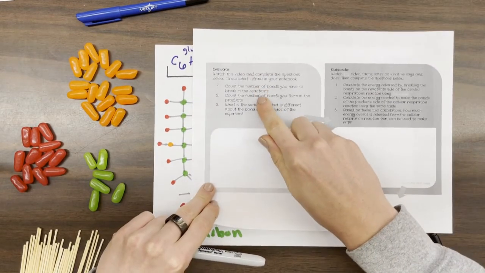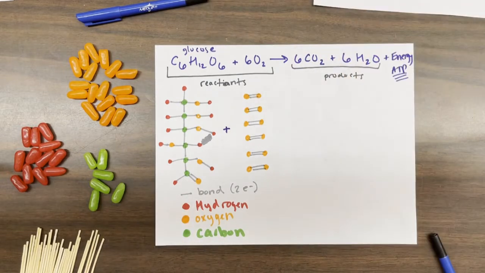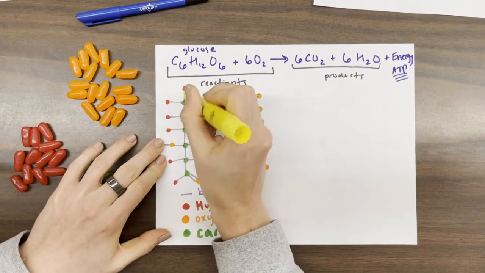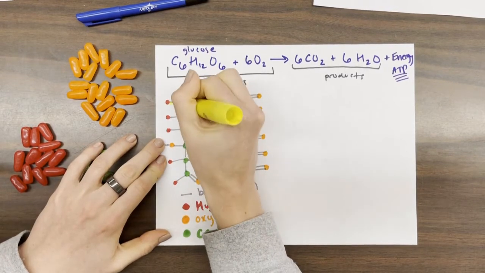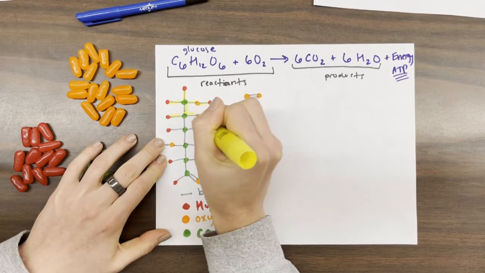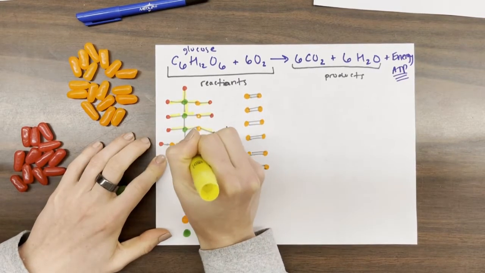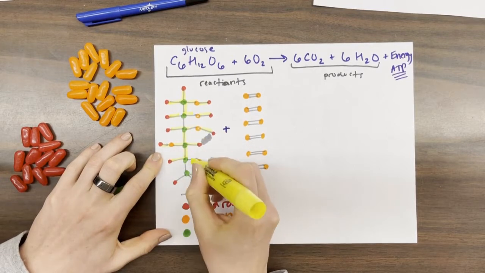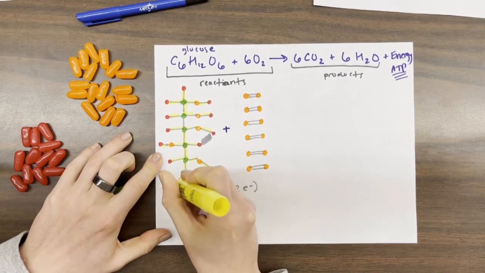Count the number of bonds you have to break in the reactants, and then the same thing for the products. Okay, so let's go ahead and count over here. All right, so let me go ahead and use my yellow. So for my reactants, I've got 1, 2, 3, 4, 5, 6, 7, 8, 9, 10, 11, 12, 13, 14, 15, 16, 17, 18, 19, 20, 21,